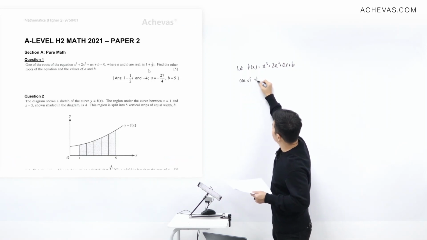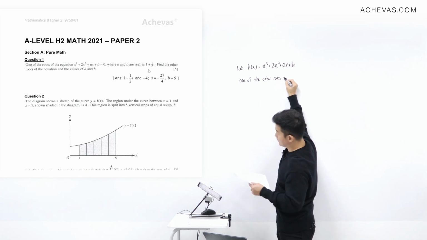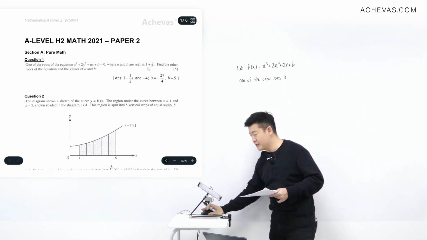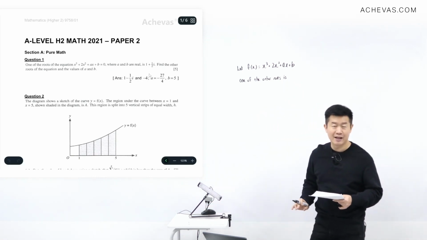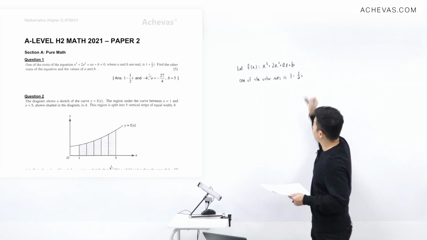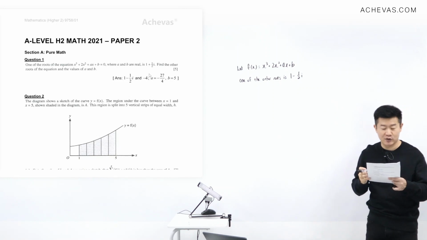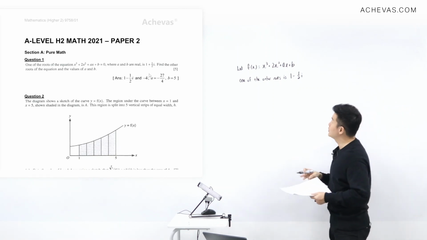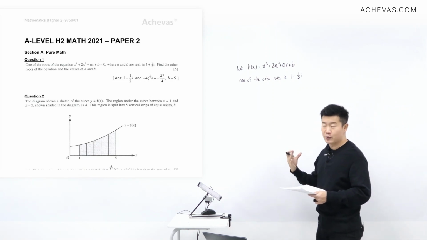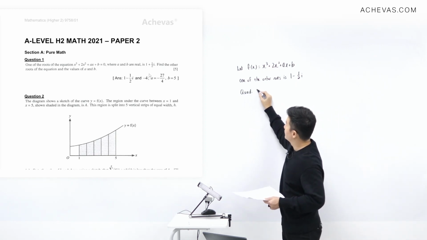So let me write down one of the other roots. One of the other roots of this polynomial is going to be equal to the conjugate of this. What is the conjugate of 1 plus half i? It is going to be 1 minus half i. So we have already gotten one of the other roots. There's just one last root for us to find. I am going to make use of the fact that I now know 2 of the roots to form for myself a quadratic factor